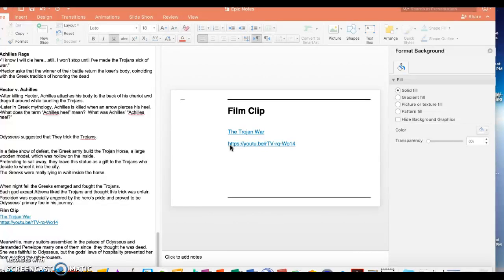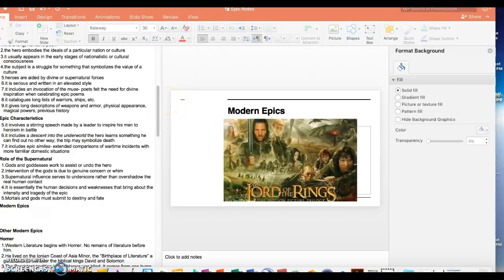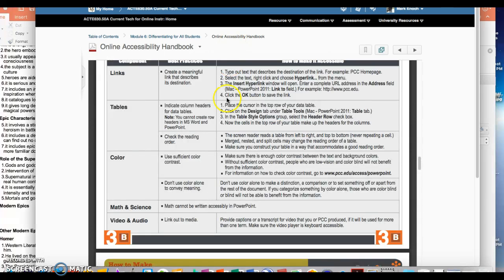One of the few and far between aspects of the presentation that I've made accessible to varying levels of students. So I'm sorry if this presentation gets a little jumpy. I'm jumping around. But one thing that I never considered, that I read about both in the online accessibility article